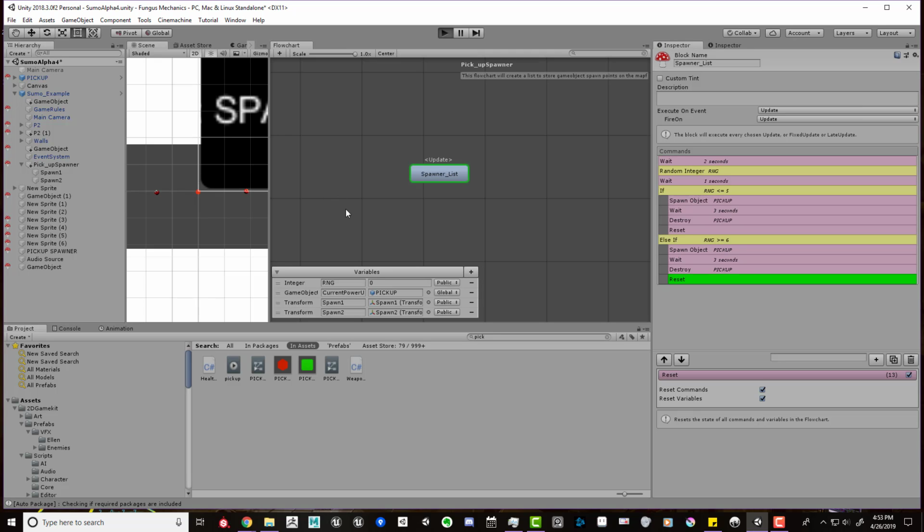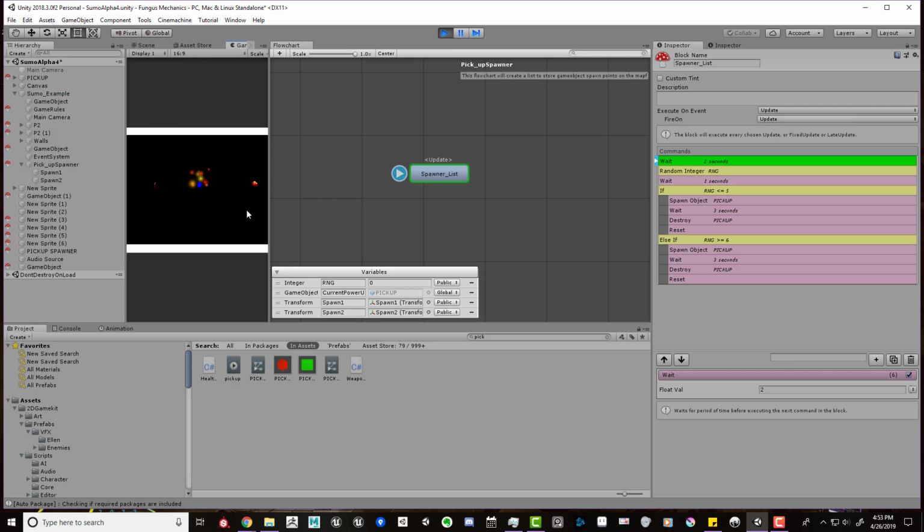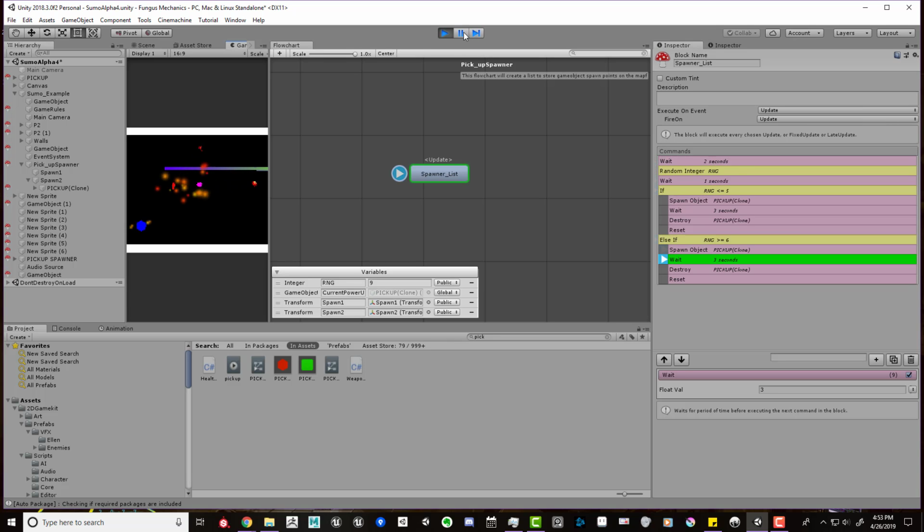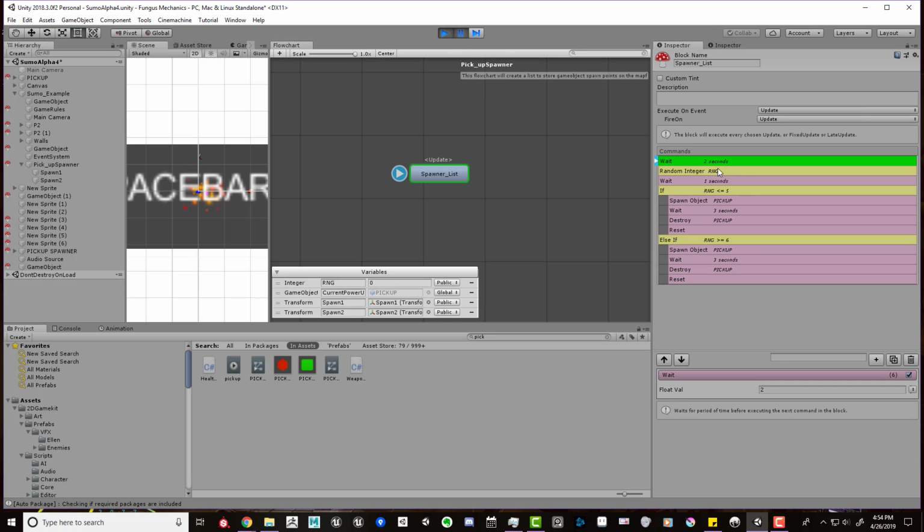Now what's kind of weird about this is that it's going to pick that spawn and then it's going to spawn it, right? And it's just going to randomly pick a number. If I were to look at my variable here, you're going to see that every time this is called, that variable is going to change, right? See that variable's changing. So I'm going to adjust this for a second, and I'm going to have no wait,